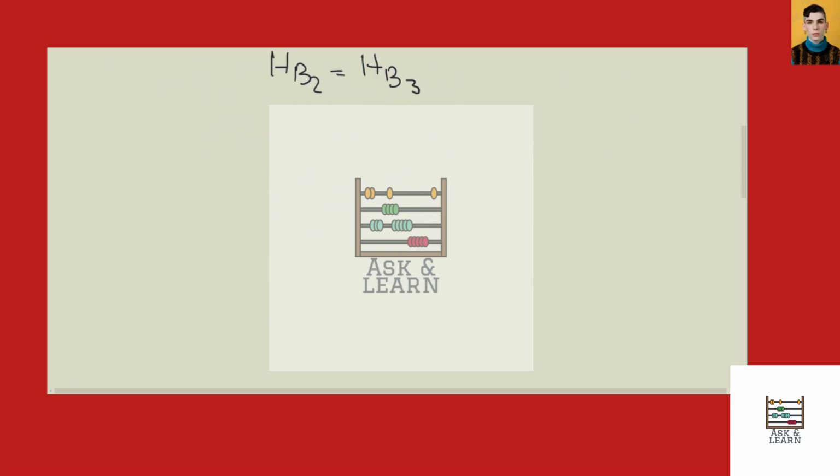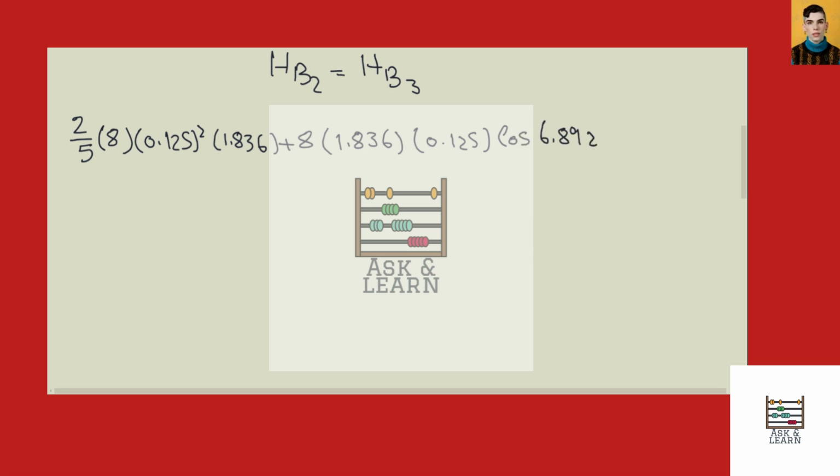So if we substitute the values, we will get 2 over 5 multiplied by 8 multiplied by 0.125 squared multiplied by 1.836, plus 8 times 1.836 multiplied by 0.125 cosine 6.892 times 0.125 cosine 6.892, minus 8 times 0.22948